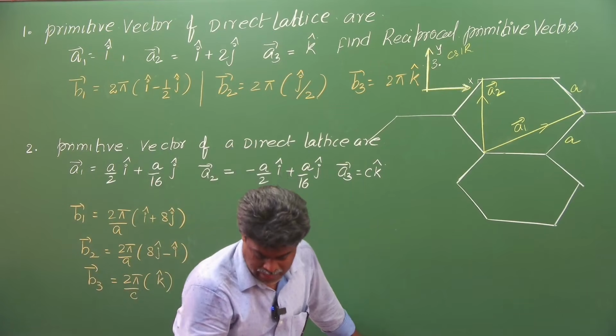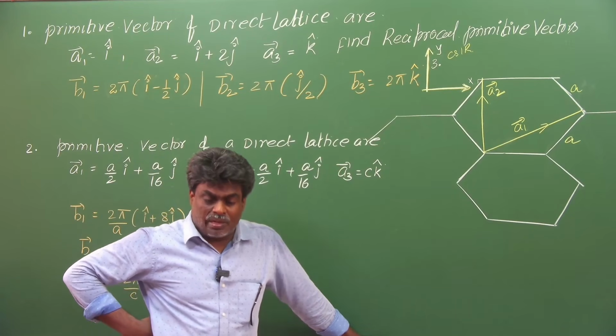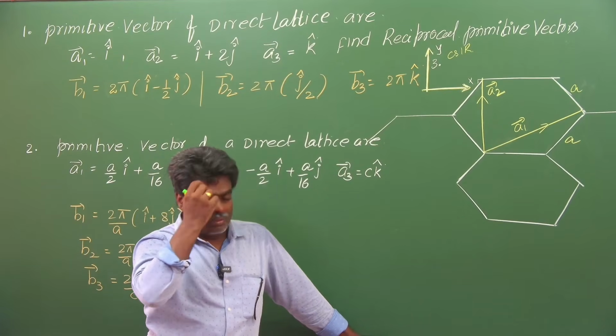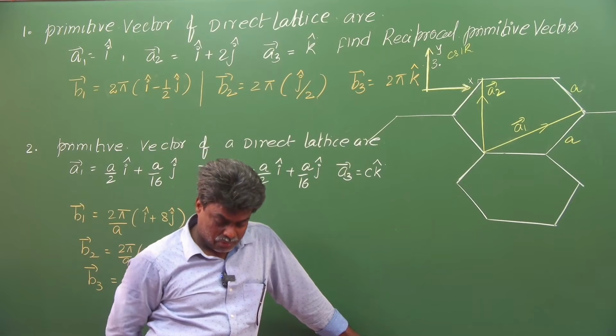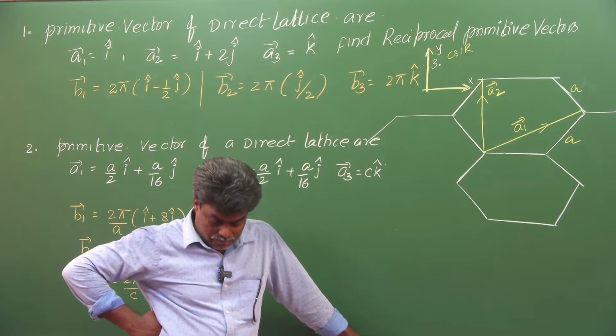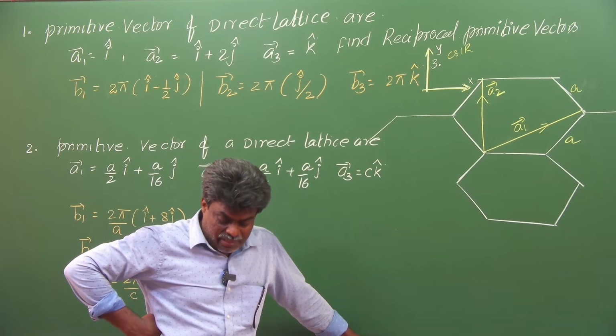If the lattice spacing A equals 1, then the reciprocal lattice vectors are,